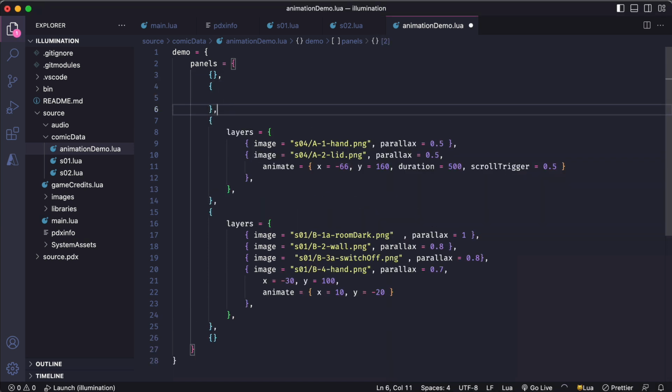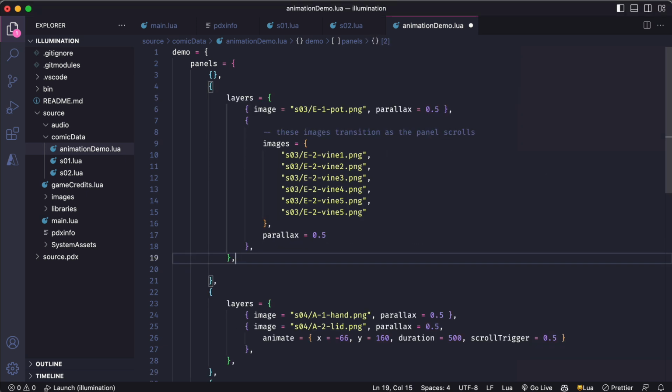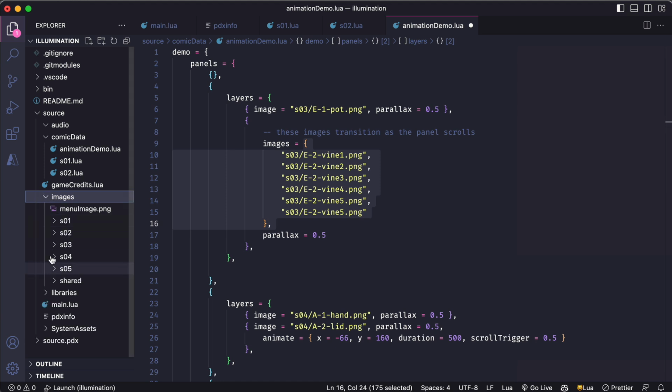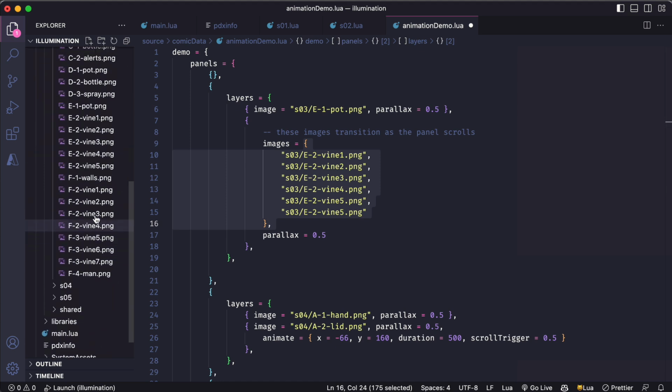And the easiest way to do that is by creating a layer with multiple images instead of just a single image. So instead of listing a single image using the image property, I can use the images, with an S, property, and that property expects a list of images. So for this, I just use curly braces and then a comma separated list of the paths to the images I want to use. So if I take a look at these images I've listed here,